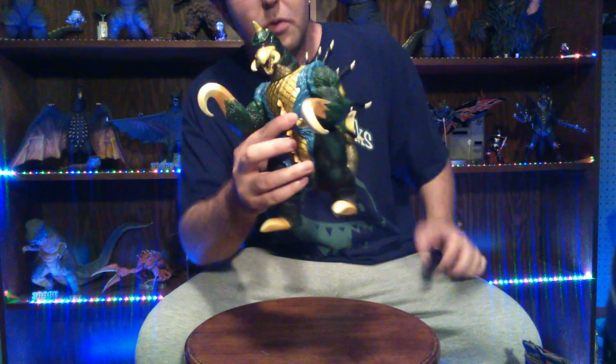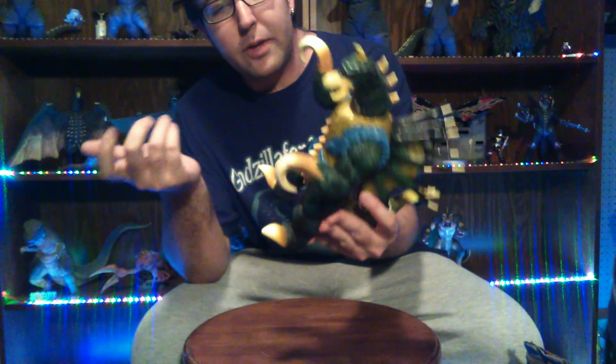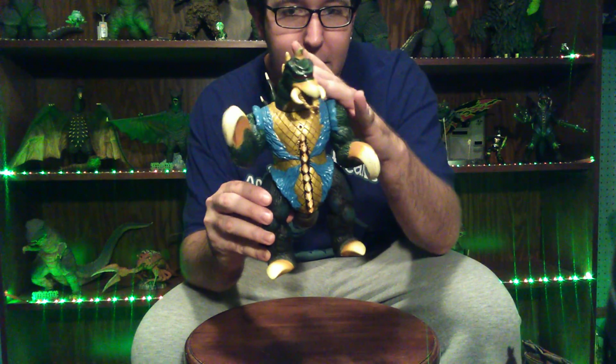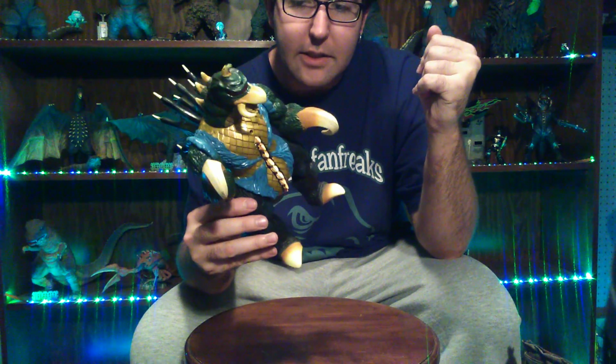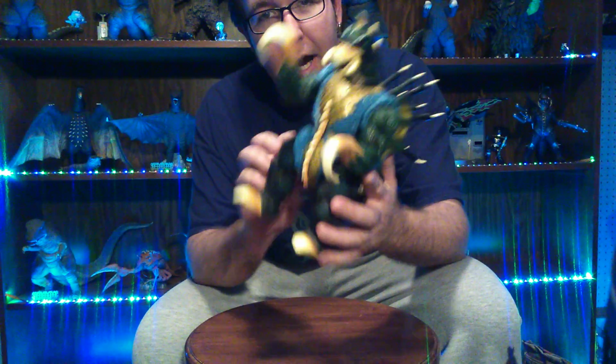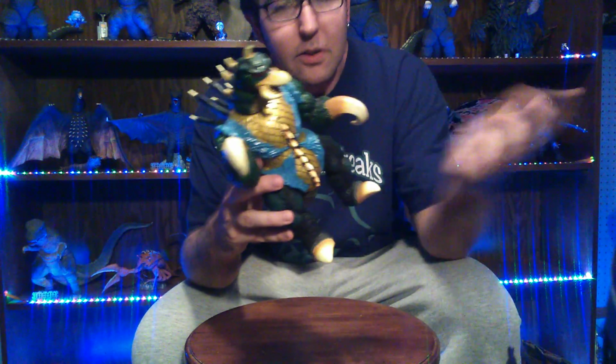But nonetheless, let's get straight into this figure review with paint job. Now, with it being Gigan, it's pretty accurate to paint job. I mean, you got kind of the greenish skin with some black shading here and there. The only thing that is off about him is, of course, this blue that's right in here, and of course his horn and beak and claw parts and everything like that. They are actually just a bone ivory kind of color. They're just tannish, which really gives Gigan more of a